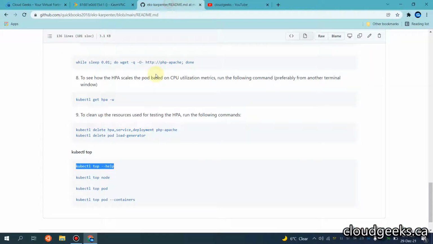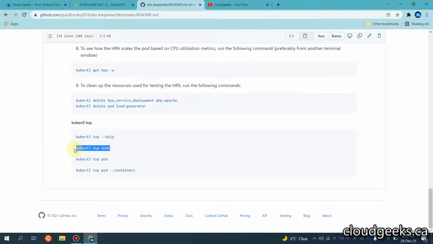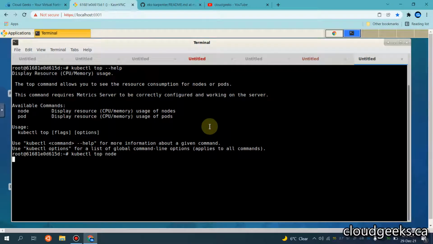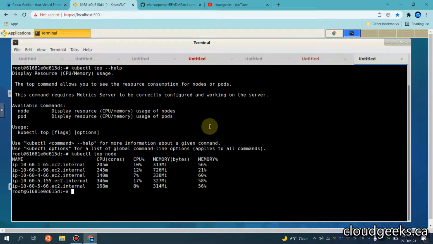So let me first type this command, kubectl top node. If the metrics server is set up, this command will work, because it is going to call those APIs of the metrics server. You see what the load and CPU percentage is.